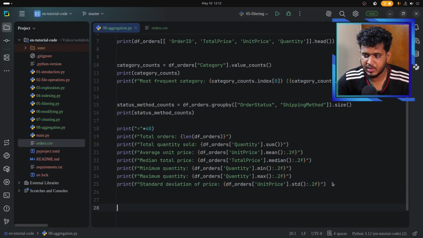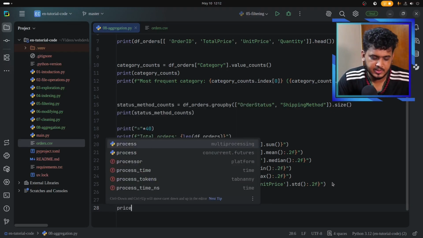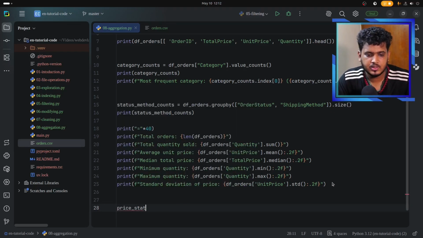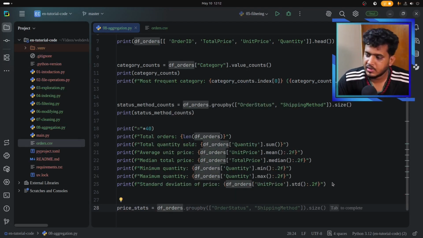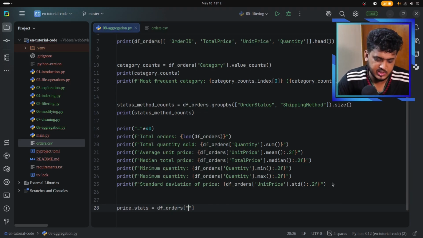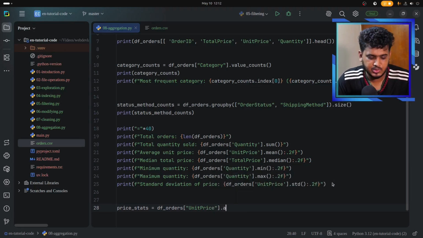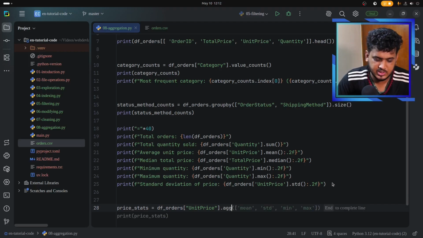Let me show you how. Price stats is equal df_orders. Then I'm going to use unit price for this, unit price, and this is the function we are going to call, AGG. In here I'll do